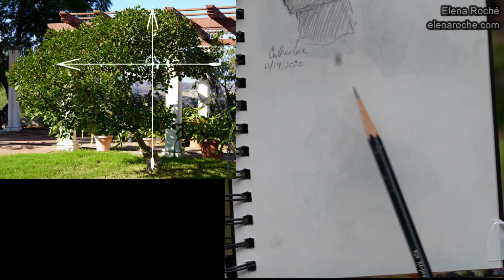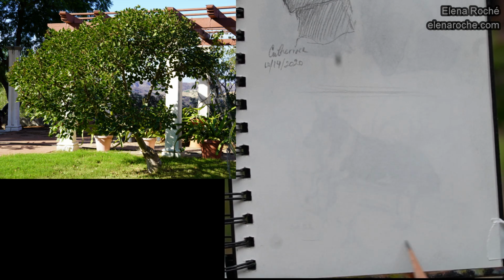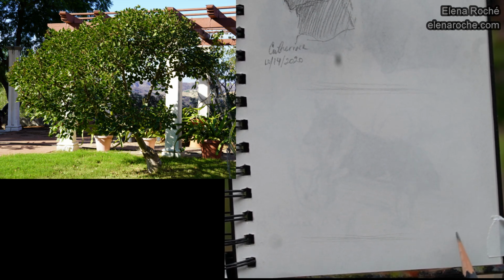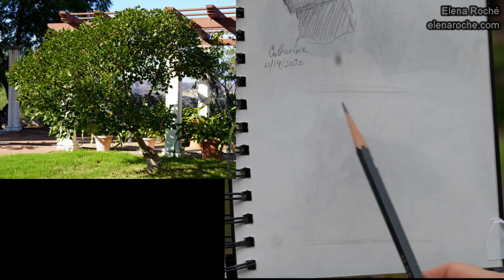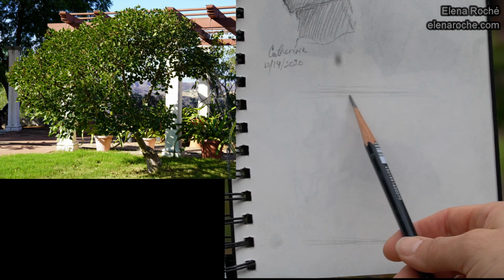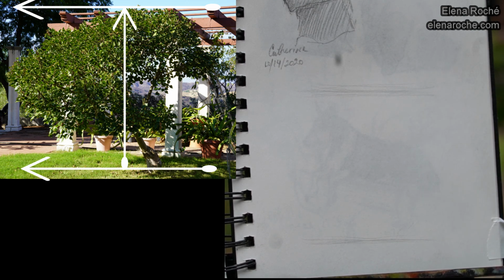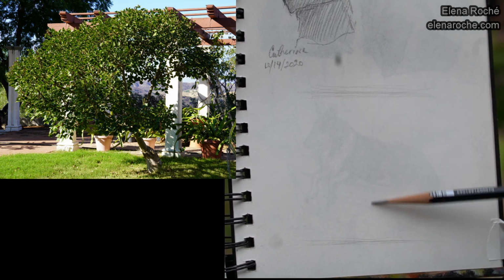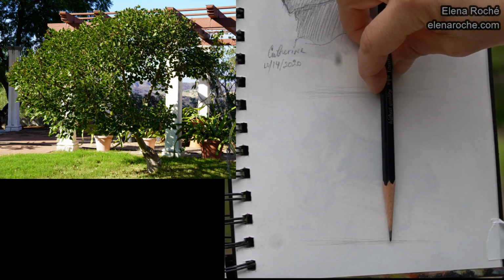So if I say that my tree is not going to be taller than this line, and it's not going to be lower than this line, this is where the tree trunk is going to be coming out of the ground. This is where the canopy is going to end. The highest portion of the canopy will end along this line. Then this is my height for the tree. This is the overall height. In that case, I will take my height